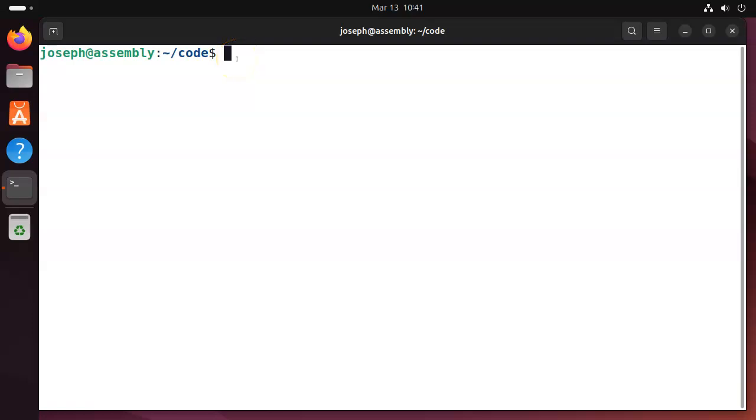I'm going to show you how to create a basic stat program so you can see information about a file. You might want to know things like if it's a file or if it's a directory or things like that. And in order to make this easier to see the stat program, I